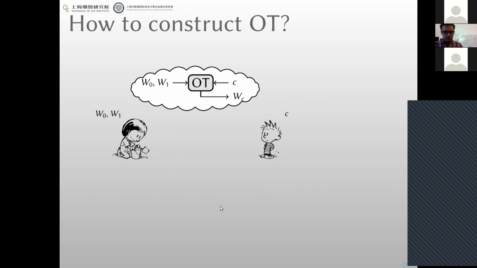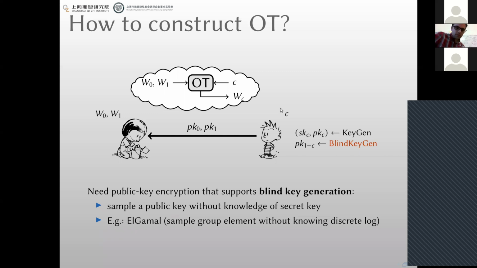Okay, so how does this work? Again, there's a wire in the circuit. Alice knows both of the labels, but this is an input wire for Bob's input, so he knows which label he needs to learn. So one way to do this